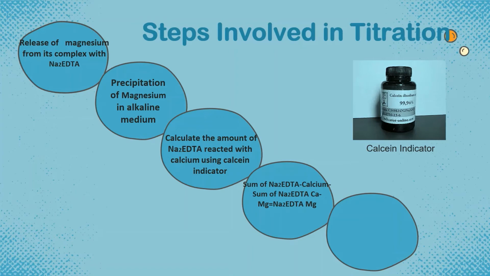The next step is the determination of Na2-EDTA magnesium, which can be determined by subtracting the Na2-EDTA calcium from the sum of Na2-EDTA calcium and magnesium. In this way,